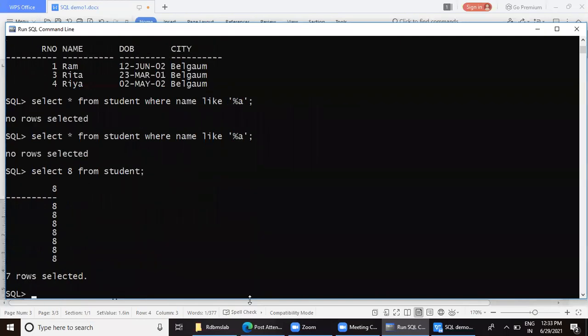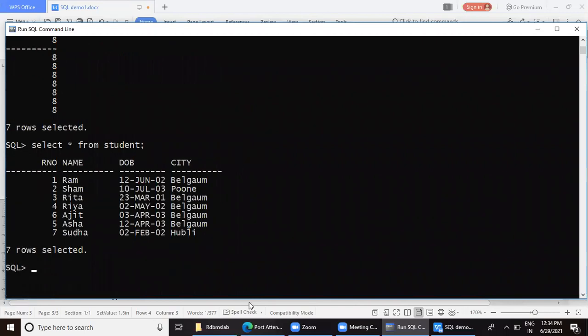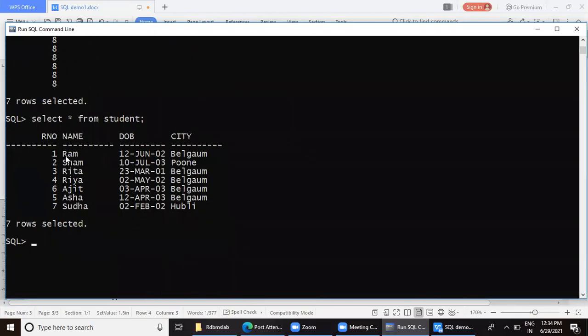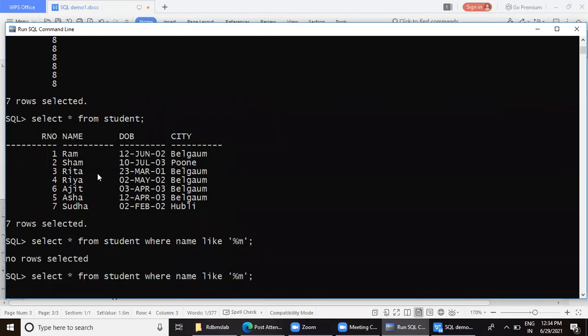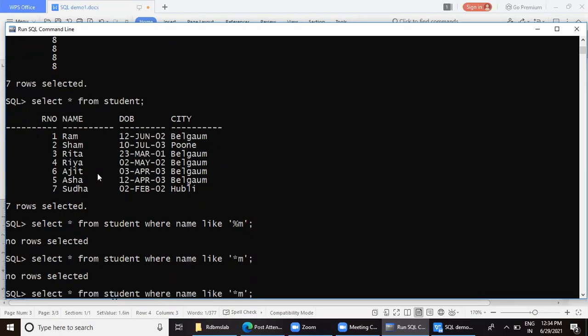I have to press shift properly. Okay, so we have Ria and Asha and Sudha, and Rita. I'll just check why it is not working.